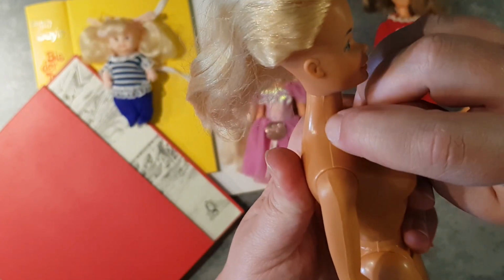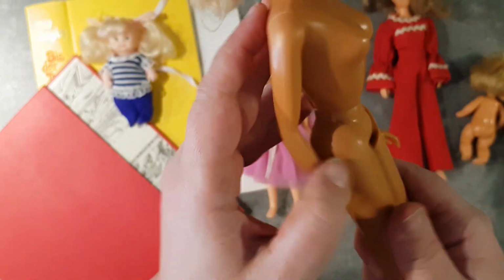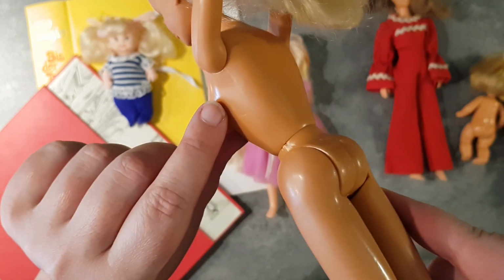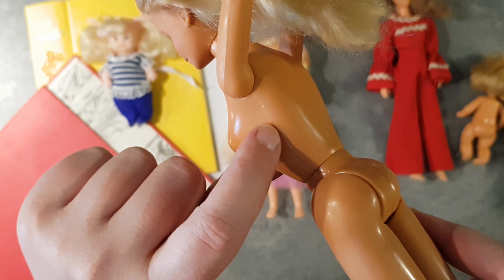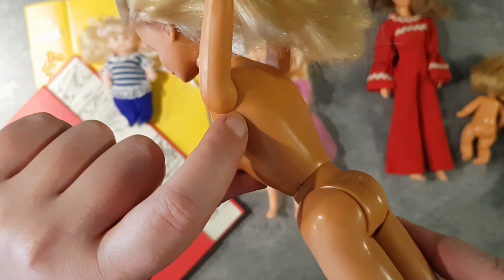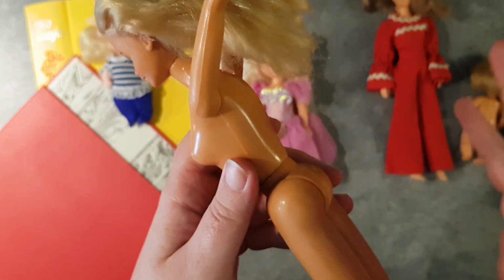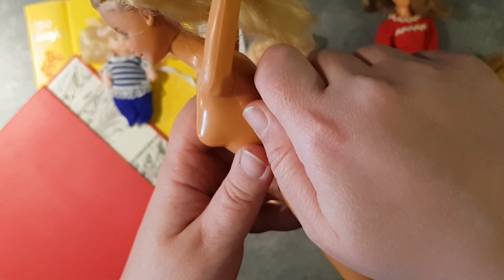In this line, the Barbie doll is glued together by the brand that made it. Also, under the arms, you can see this little line here. On this line, the two pieces, the front and the back of this body, are glued together. And I cut into this little line, and then with much patience and really carefully, I removed